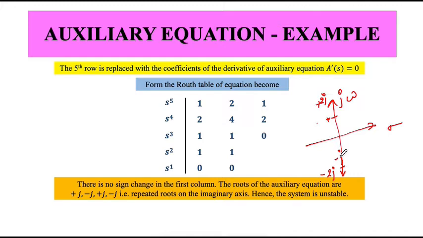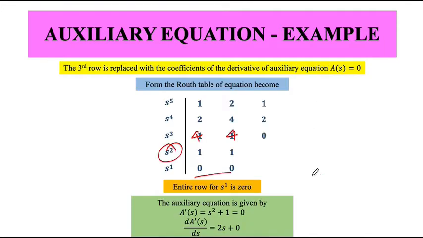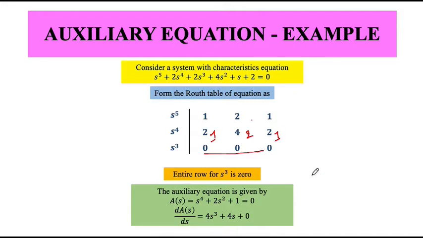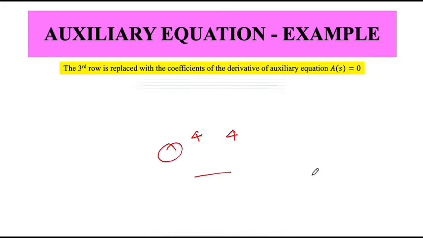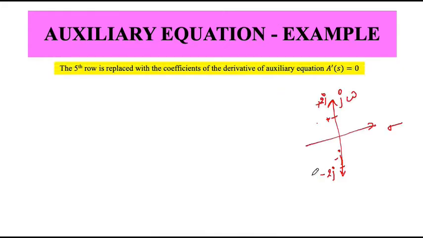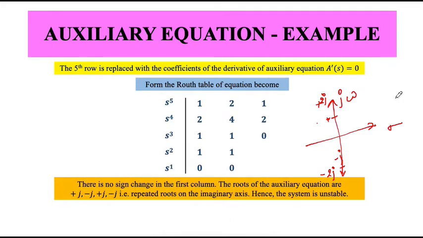So let me calculate the roots. If you go back, one is s^2 plus 1 and the other auxiliary equation is s^4 plus 2s^2 plus 1. So when you solve it, you get roots like this. s^2 plus 1 equals 0 would give me roots s equal to plus or minus j. I have 4 roots which are plus j, minus j, plus j, minus j, and these are repeated roots on